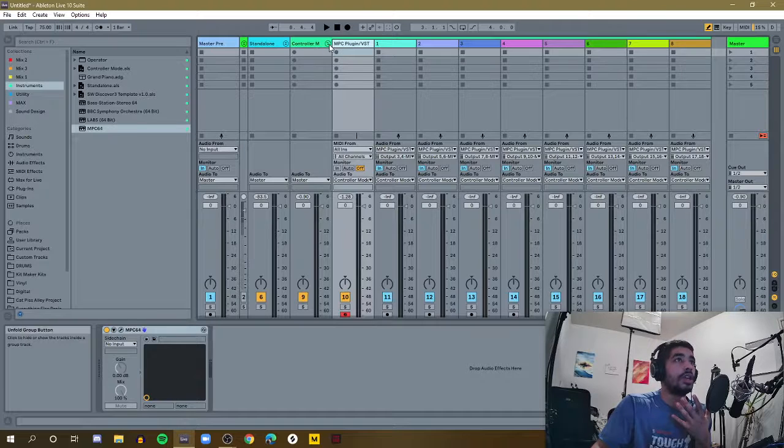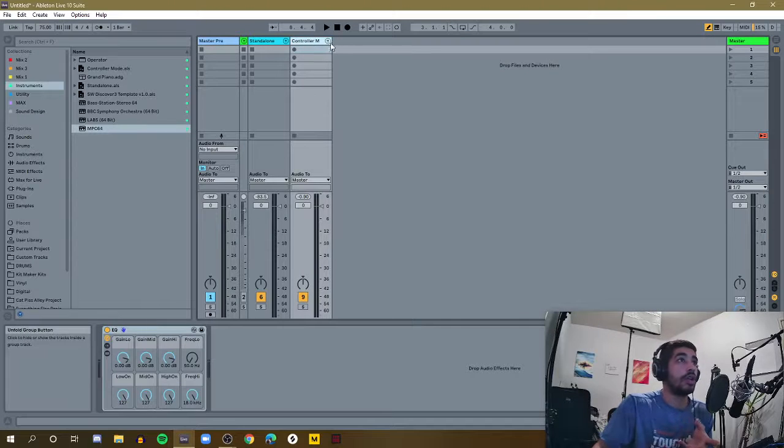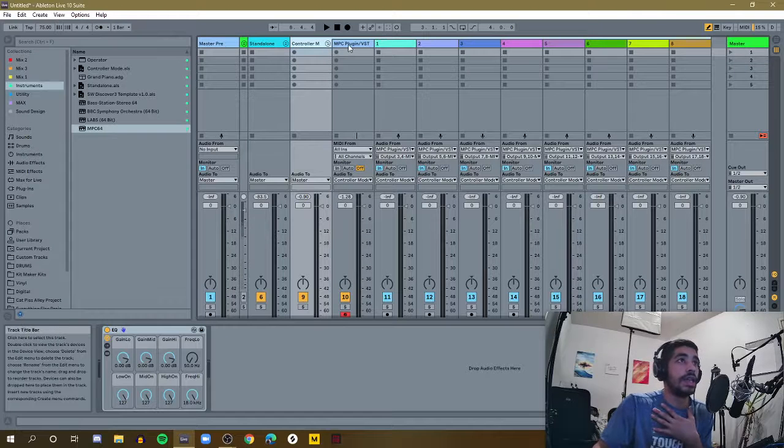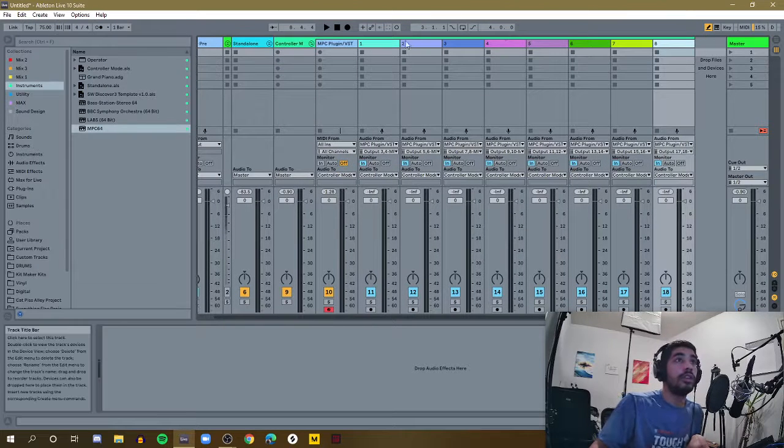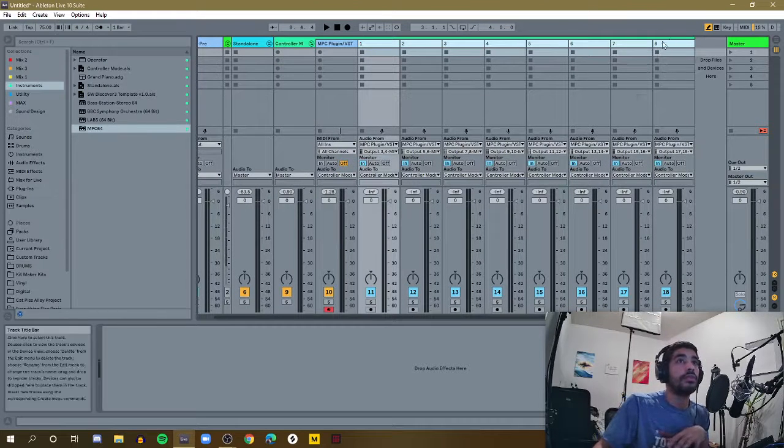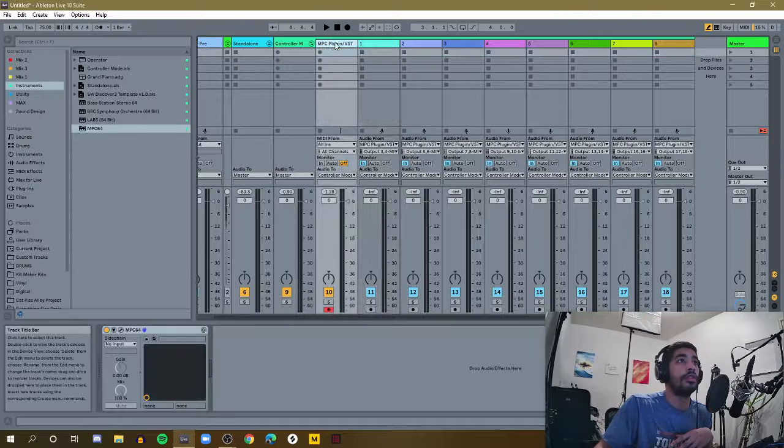So right here I have a track that I call controller mode because that's what the MPC is in, and inside this grouped track we have a few things going on. We got 1 to 8 audio tracks. These are audio tracks, and they're taking the audio from this track, which is my MPC plugin,